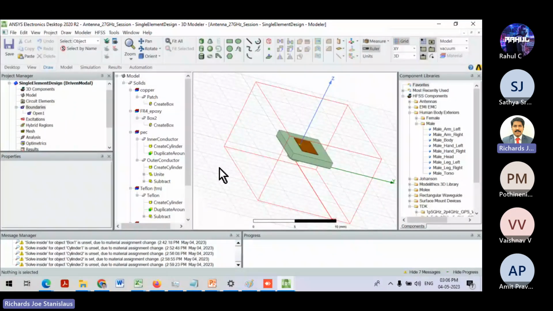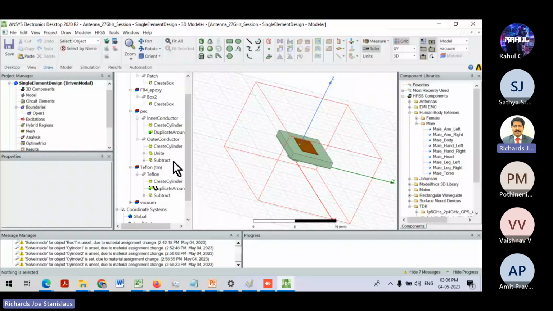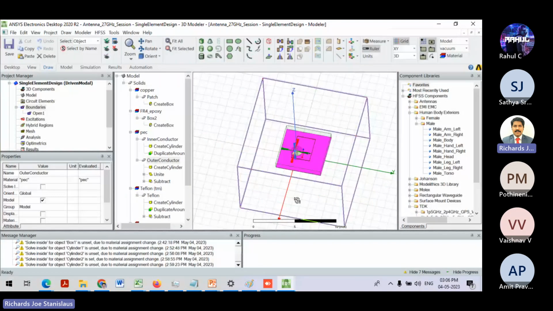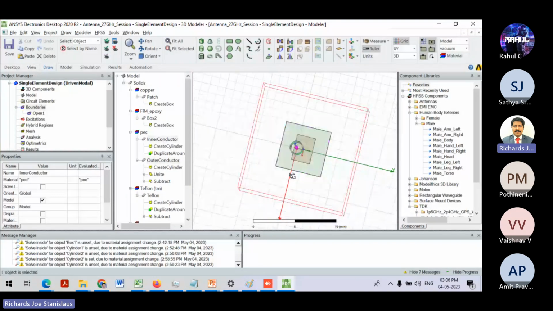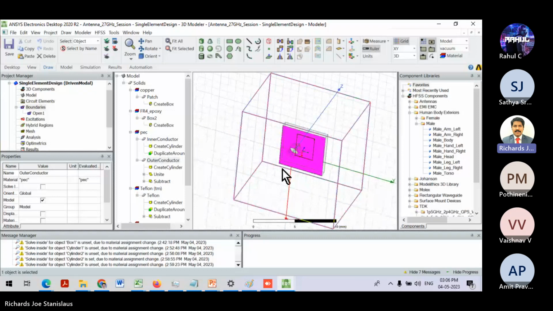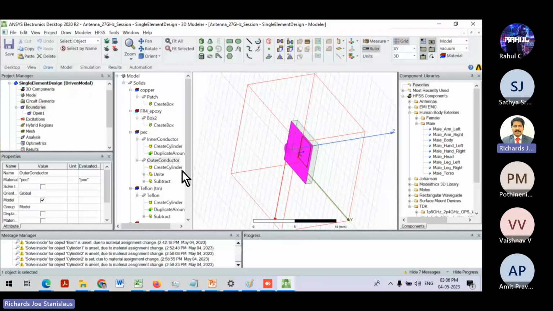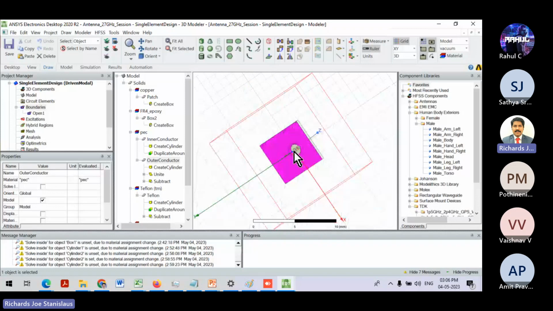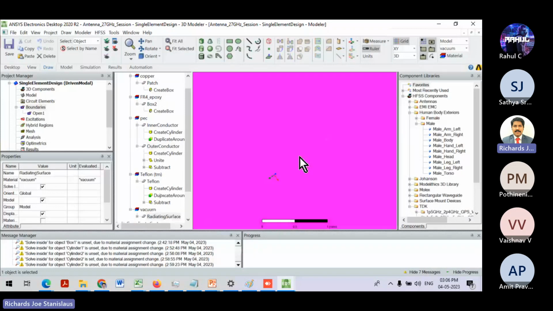right? So now you have all the structures ready. So this is the Teflon, this is the outer conductor and the ground plane. But in the outer conductor and the ground plane, there is a slot as well. The inner conductor is coming, and you have this structure, the whole structure as shown out here. Now, once this is done, what we need to do is we need to create a port also. The port, how to create is